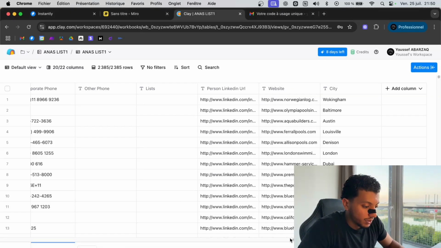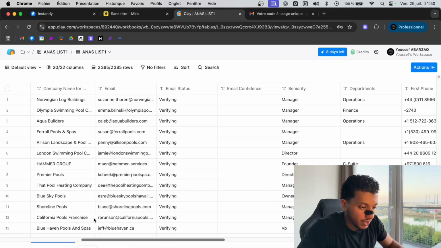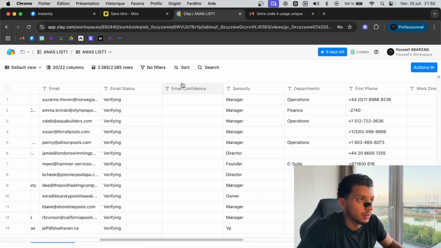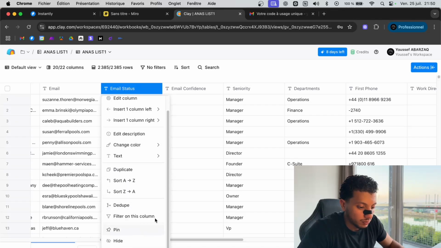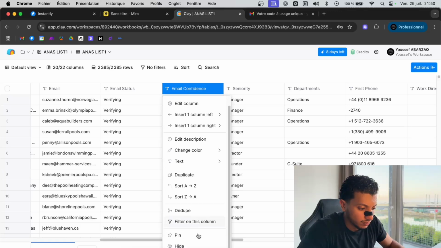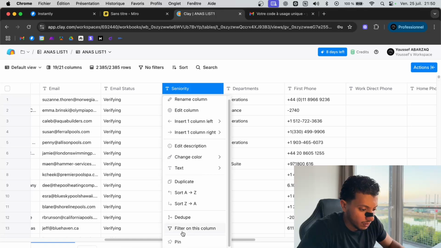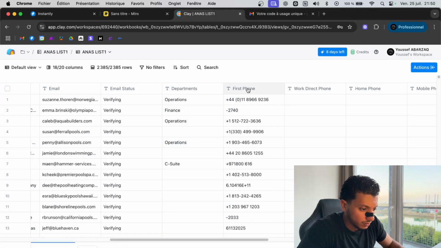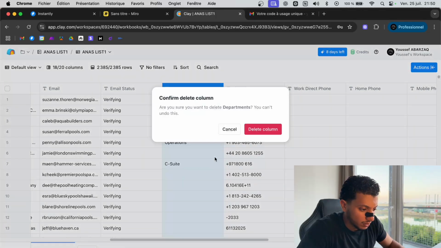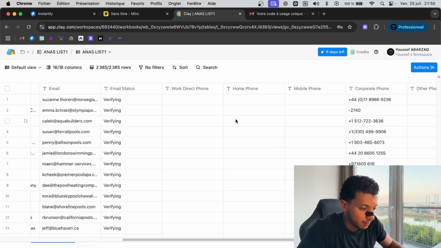So here, after importing the list, I just found out that there were a lot of hidden columns, so I need to remove them. All of this will not help us with anything, so I'll just remove all of these.